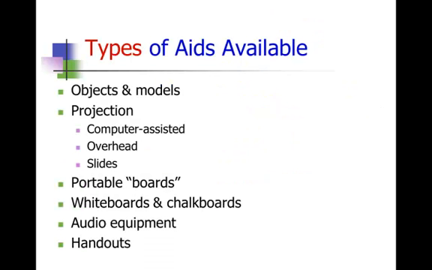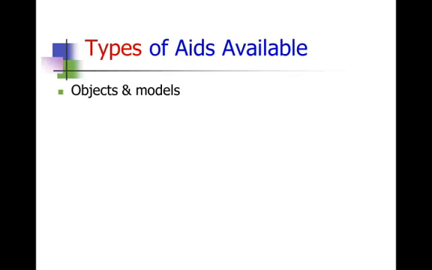I'm sure you're aware of several of the types of aids that are available. Let's talk about some of these in just a little bit more detail. The first are objects and models. Objects are real-life items. It could be recipes, or if you're doing a speech on yo-yos, you could bring a